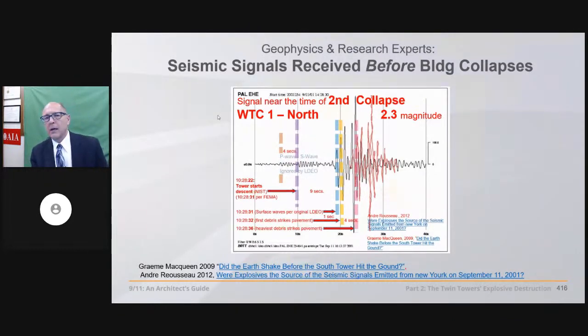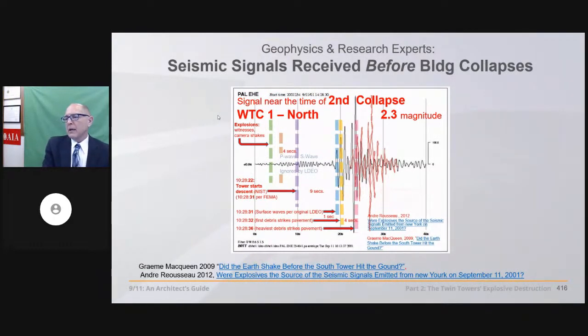50 years of peer-reviewed reports on progressive waves and progressive mechanical waves in geology. That's 4 seconds before the tower even starts descending. So explosions are a likely outcome, cause.